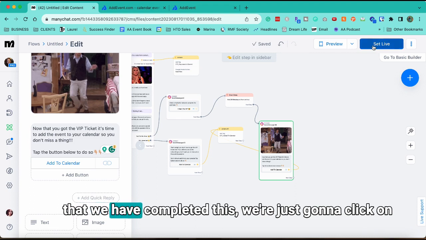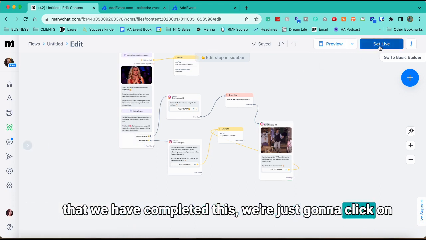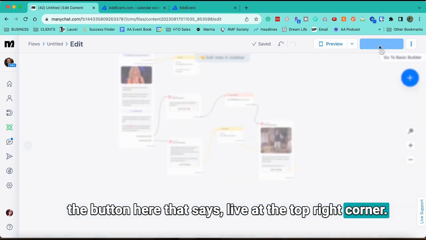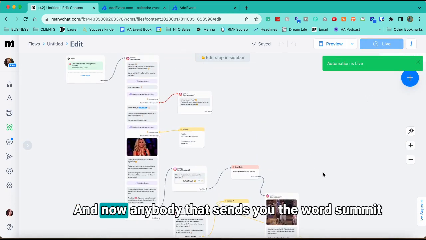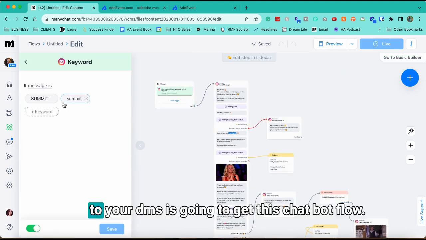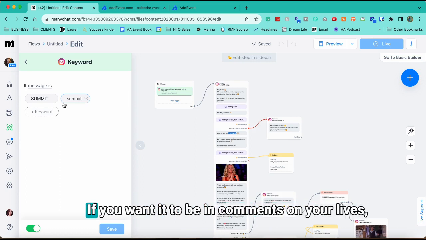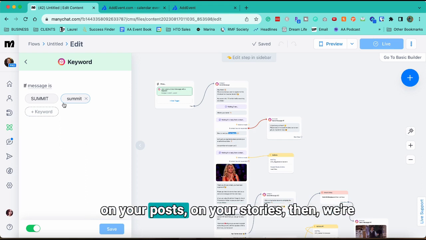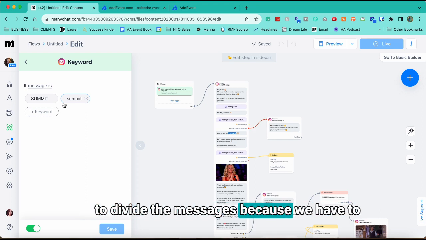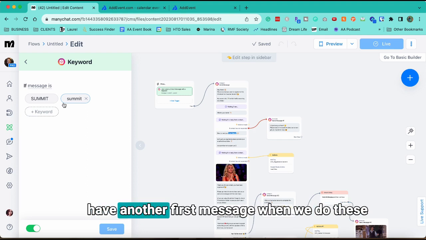So now that we have completed this, we're just going to click on the button here that says live at the top right corner. And now anybody that sends you the word summit to your DMs is going to get this chatbot flow. If you want it to be in comments, on your lives, on your posts, on your stories, then we're going to duplicate this flow, and we're going to have to divide the messages because we have to have another